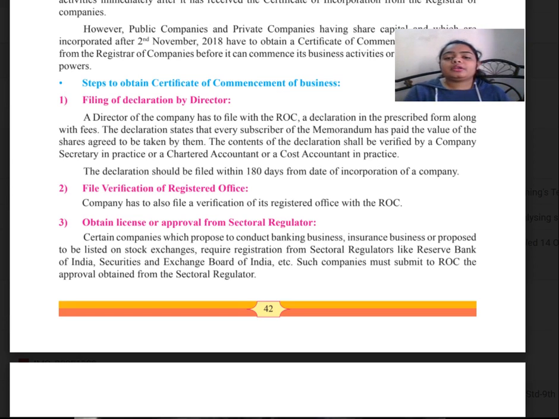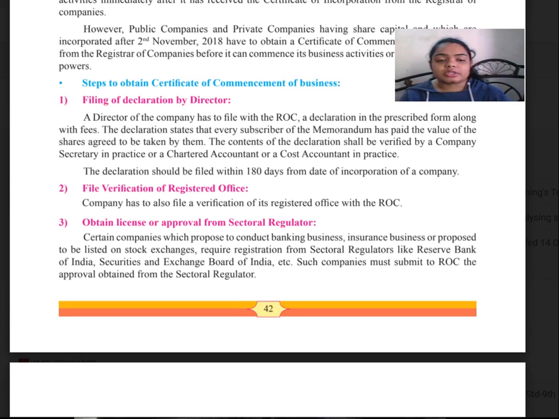So a director files with the ROC the declaration in the prescribed form with the fees. The declaration states that every subscriber has paid the value of the shares agreed to be taken by them, and it shall be verified by either a company secretary, a chartered accountant or a cost accountant, and it should be filed within 180 days from the date of incorporation of the company. Then comes the filing of verification of the registered office. The company has to file a verification of its registered office